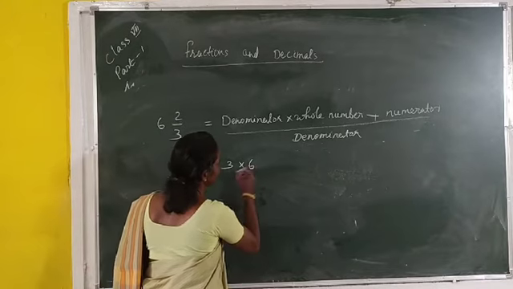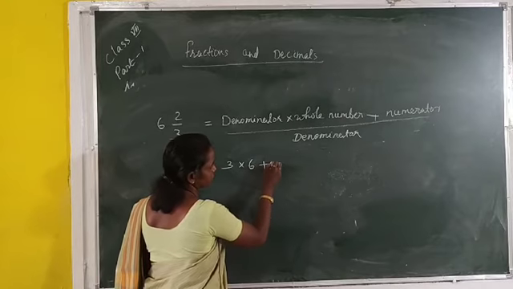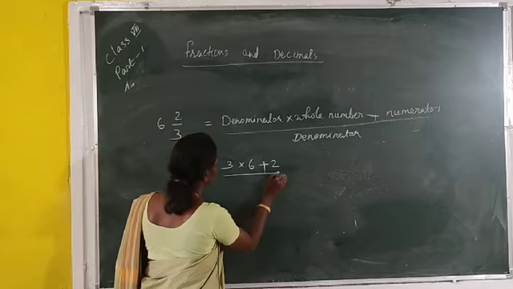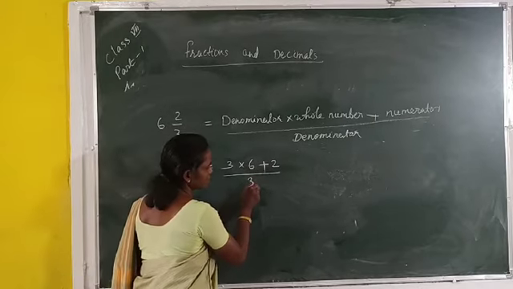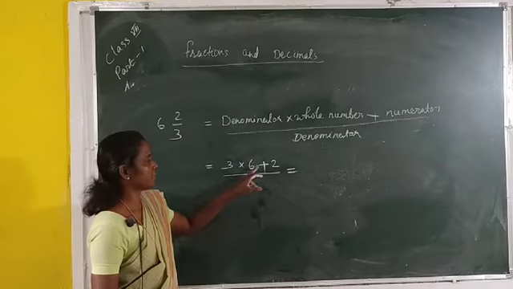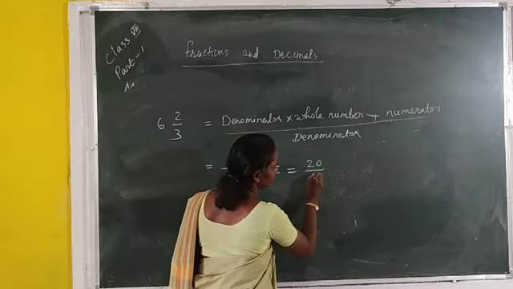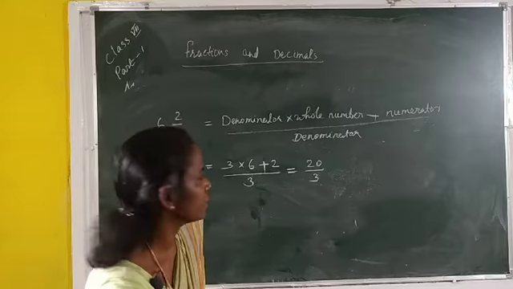Then multiply by 6, then plus the numerator. Here the numerator is which number? 2. Then by which number? The denominator, here which number? 3. Then find out: 3 times 6 is 18, 18 plus 2 is 20, by 3, so 20/3. Is it clear? Then next,